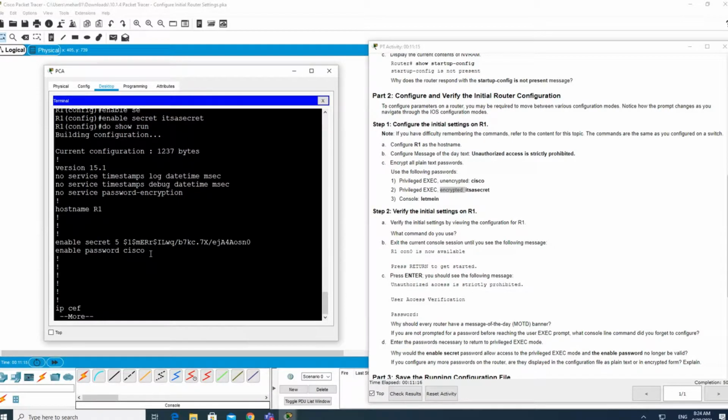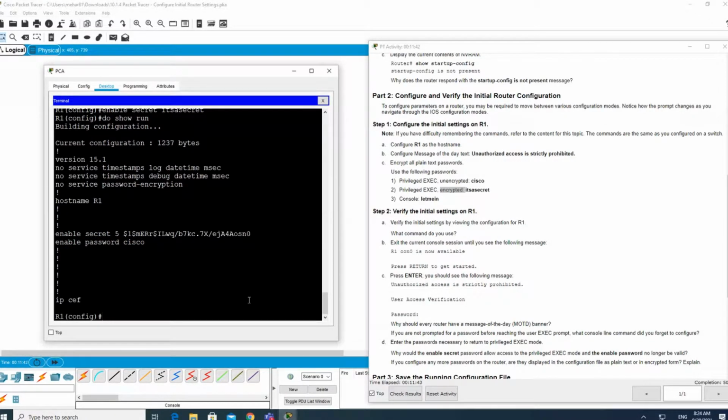You can observe here, this is Cisco for the privilege exec password, which is unencrypted, and this is encrypted. We cannot read this one. This is not plain text, it is encrypted text. So you used an encrypted privilege exec password and an unencrypted password. Now we can go to the next step.